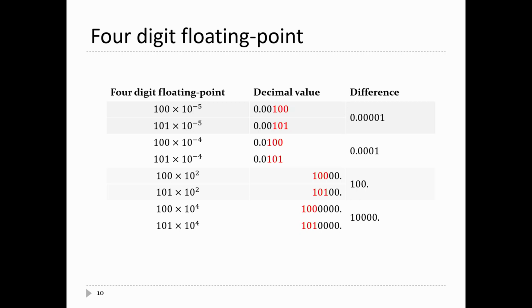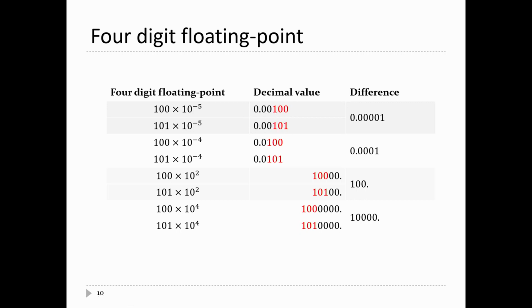So we can start out by saying, what's the smallest positive value that I can write? Well, I need 3 digits in the significand. The first digit can't be 0, so that has to be 100. What's the smallest exponent that I have? Well, that's -5. What is that in decimal? That's 0.001,